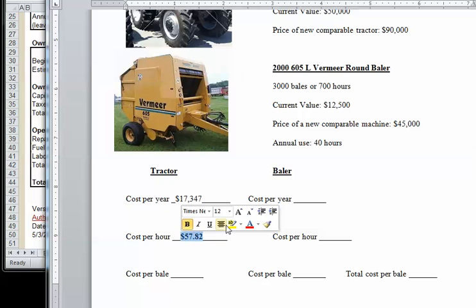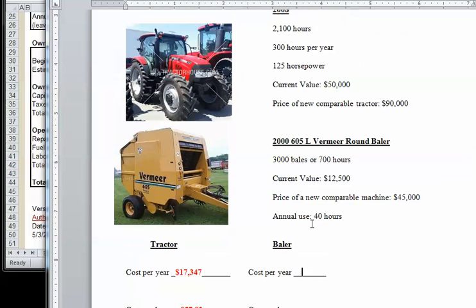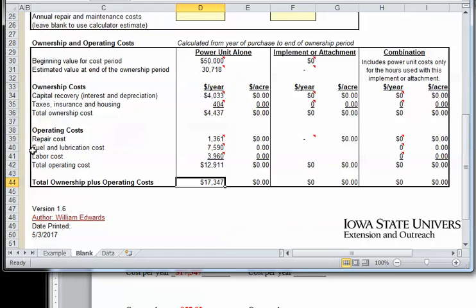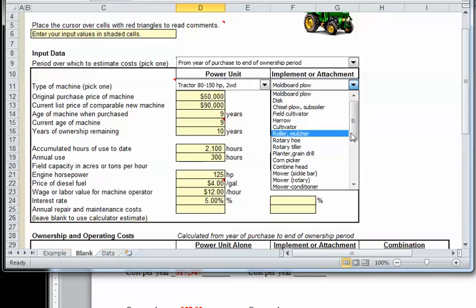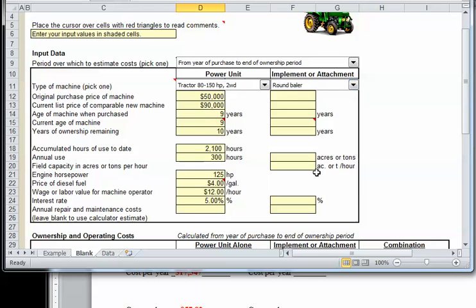It is, but that's also pretty accurate. If you went to rent that tractor like that, that's about what it would cost you from the local dealer. Okay, so let's look at the baler. There's our information. We're going to go ahead and put that over on this side of the spreadsheet. We're going to choose from the drop down menu first of all a round baler,